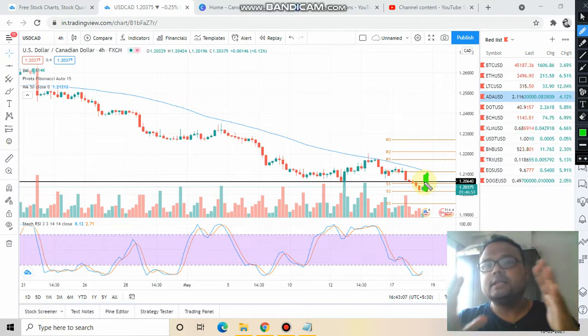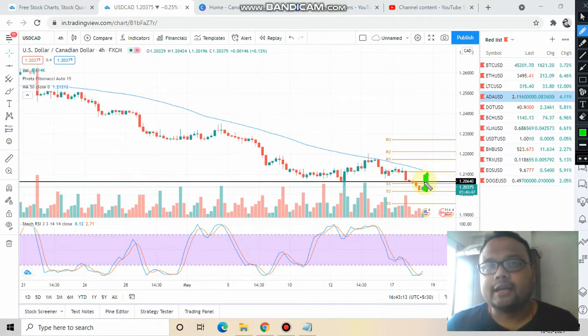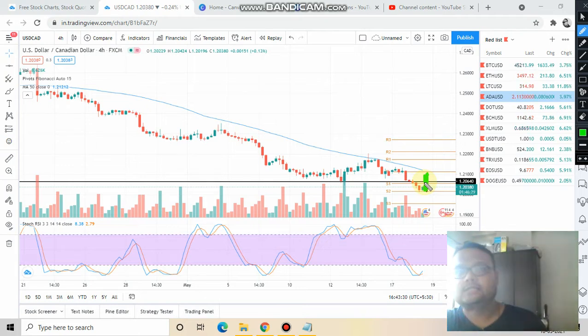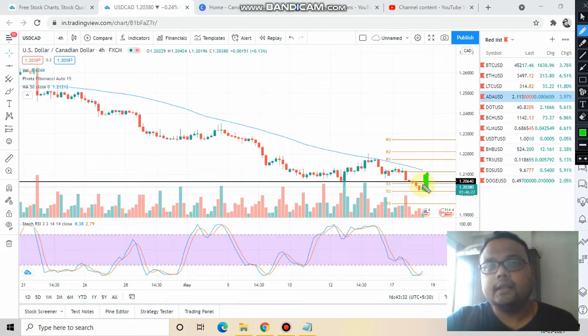Because see, market is under the seller's dominance or seller's territory. Market is under heavy selling pressure for quite a long time. So a single candlestick cannot determine that the bulls are back again, bulls are ready to take the market upward. Therefore you need to wait for at least one day. If you want to take risk, then it's your call, but I'll suggest that wait for at least one day, and then we will decide what we should be doing next.